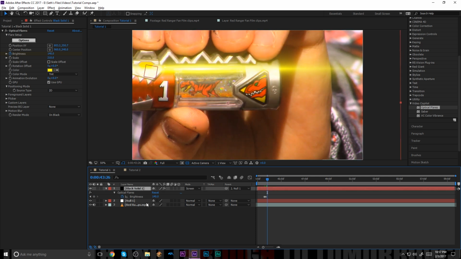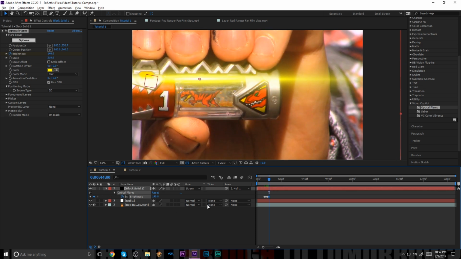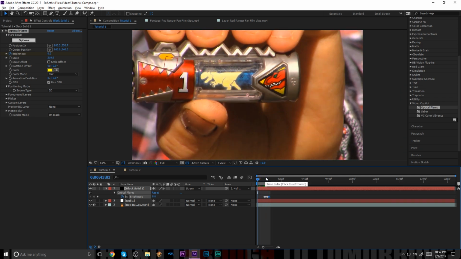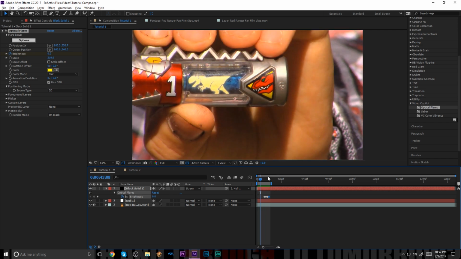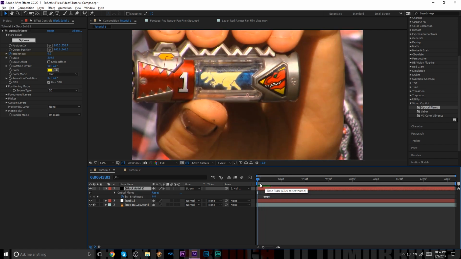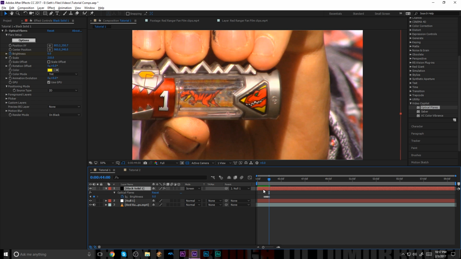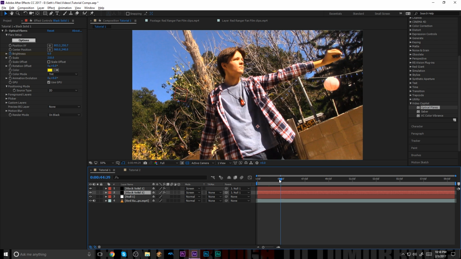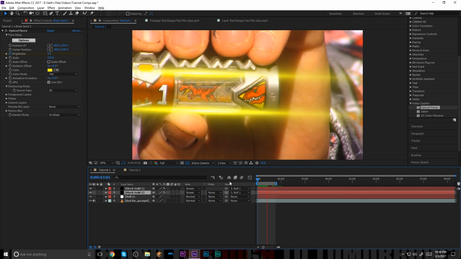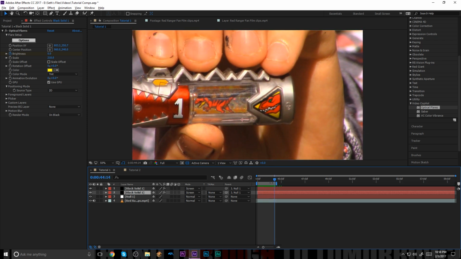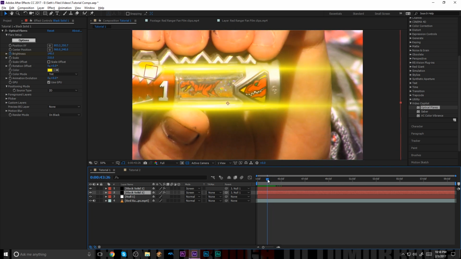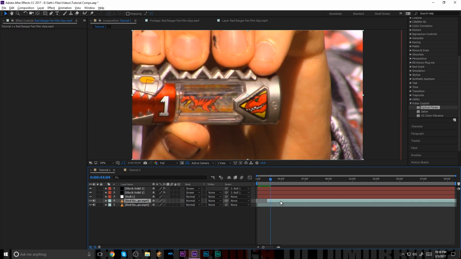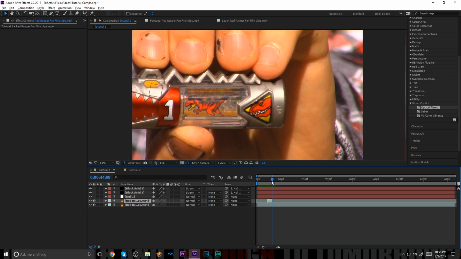Normally what I do is it starts off at 0, and then I take 4 frames to let it turn on, 4 frames of leaving it fully on, and then 4 frames of turning it off. It just gives a nice fast glow. And then after that, what I do is duplicate the footage and trim it so it's roughly 12 frames long,